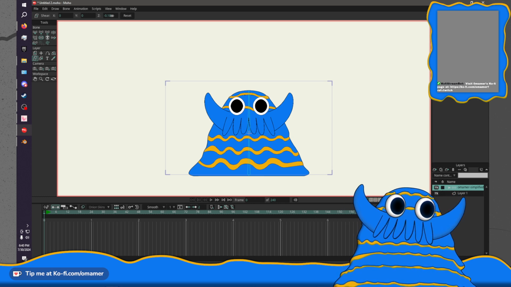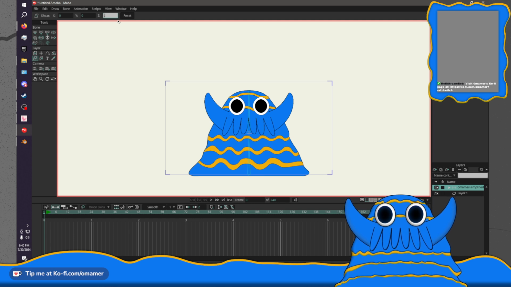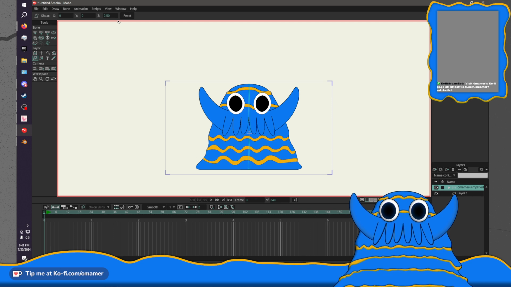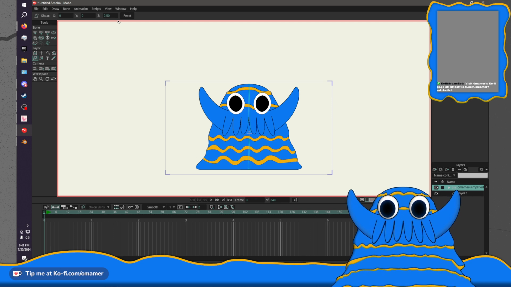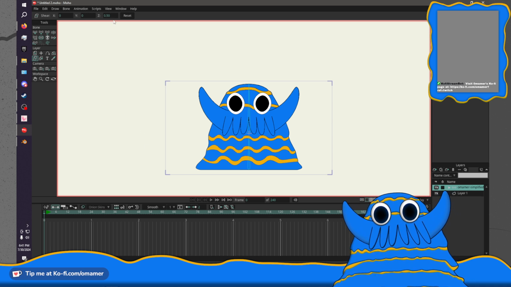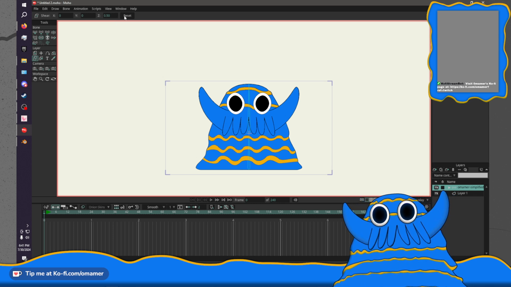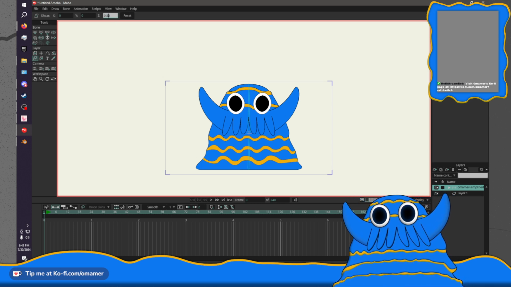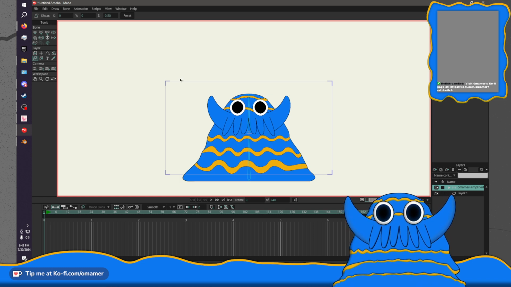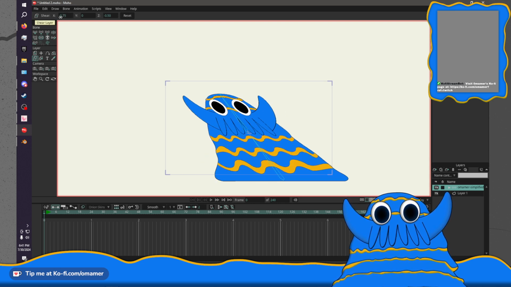Actually, I think I'm leaning him the wrong way. Now, what I'm trying to do is give the impression that you're looking at him from below. So I guess we need to go, I was going the right way before. Except the thing that I don't like about this is that it's...